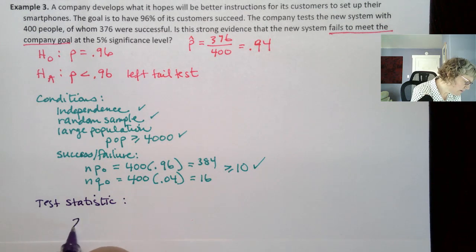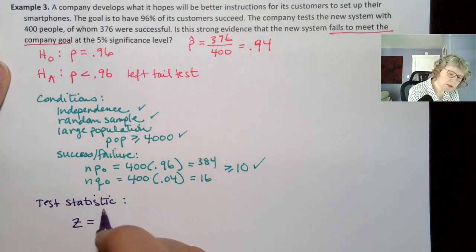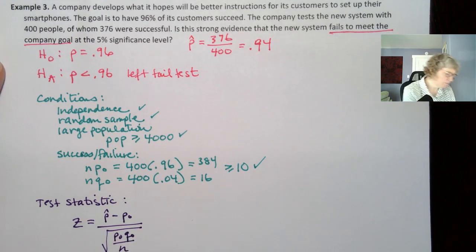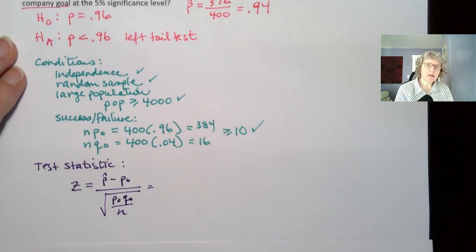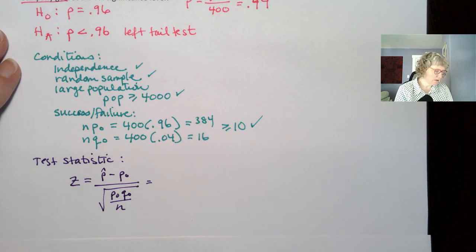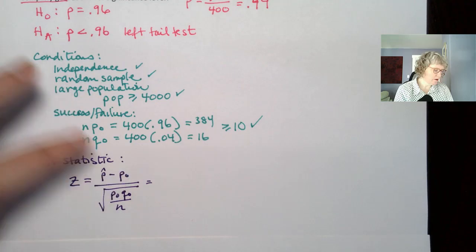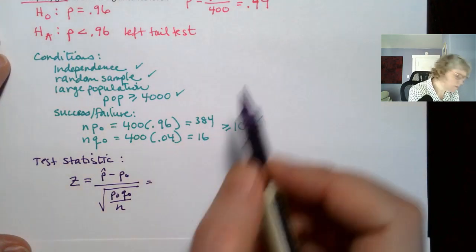Okay, so that is a z-score, right? Z is equal to, got my formula that I'm looking at over here, p hat minus p naught over the standard error, which is the square root, p naught, q naught over n. And remember, we're setting up the hypothesis test assuming the null is true. So that's why we're using p naught in everything, our conditions and our standard error and our mean. Okay, so our p hat was 0.94